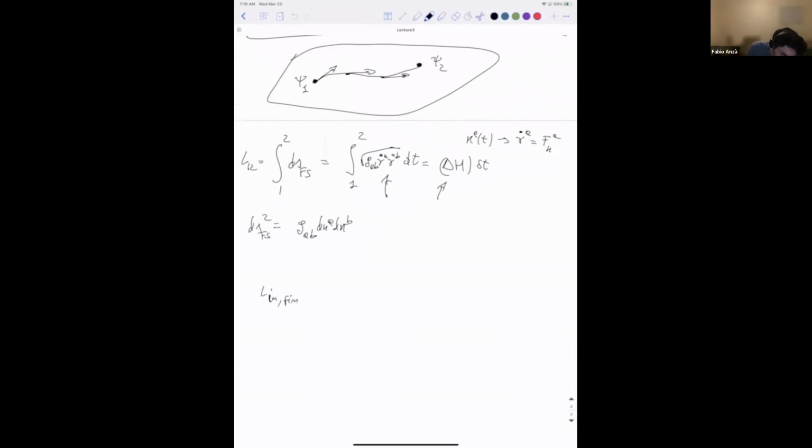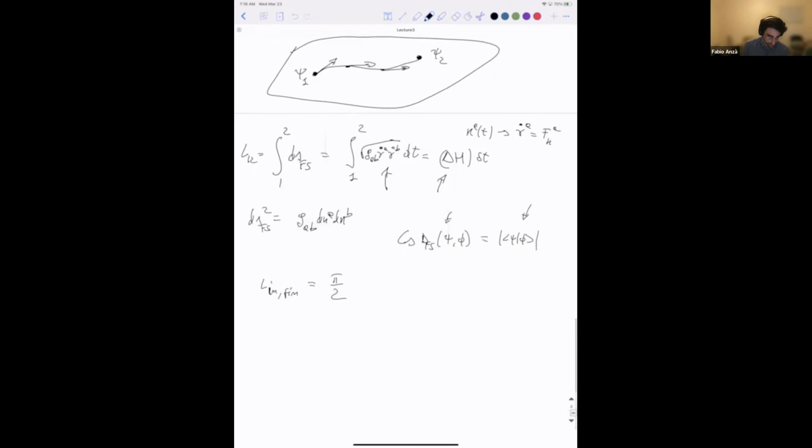and it's the request that the length between the initial and final state is the maximal possible, which is pi/2 in the Fubini-Study distance, because let me remind you that we have the following relation: the cosine of the Fubini-Study distance between psi and phi is the modulus of the scalar product of psi and phi. So when this is 0, the distance has to be pi/2. So the length has to be pi/2,